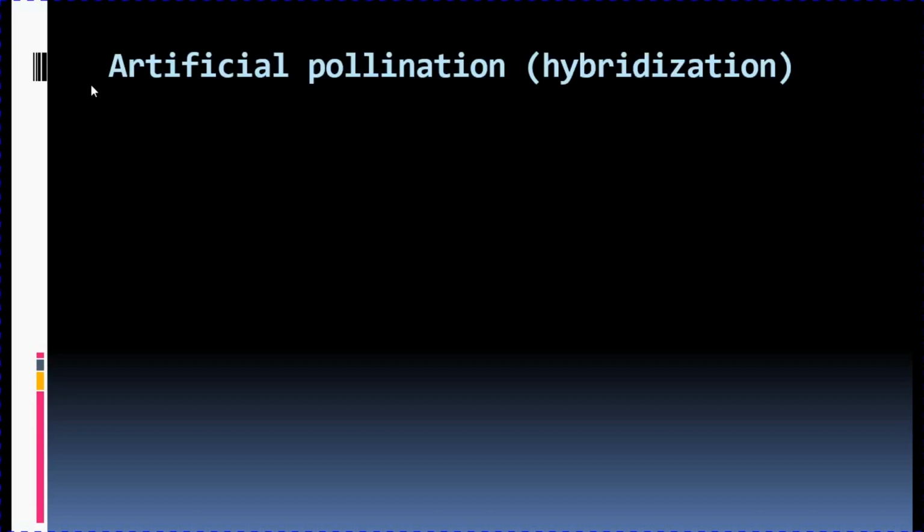Artificial pollination is often carried out for the improvement of quality of seeds and increase in production of grains, fruits, and vegetables in order to meet the increasing demands of the increasing population. And the seeds obtained through this method are known as hybrid seeds because they have a mixture of the qualities of two different plants belonging to the same species, and hence the process is also known as hybridization.